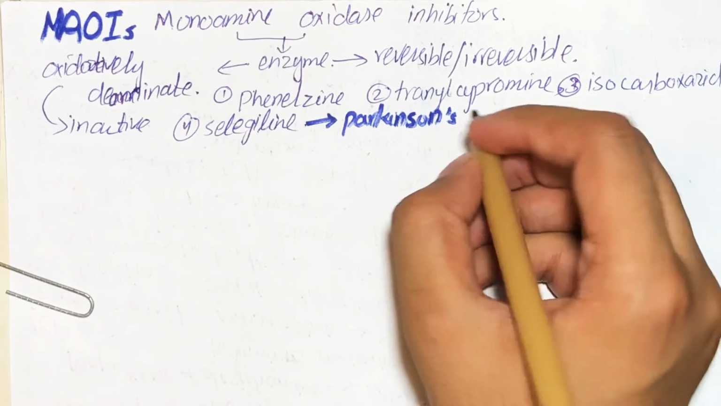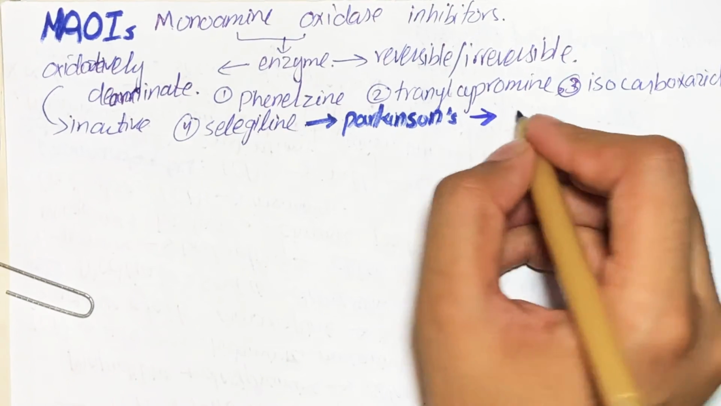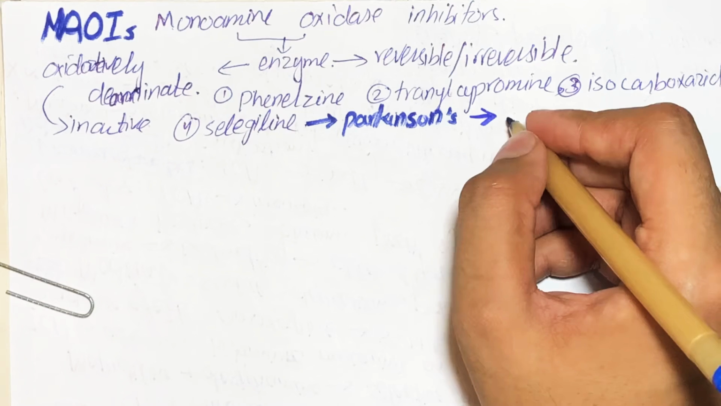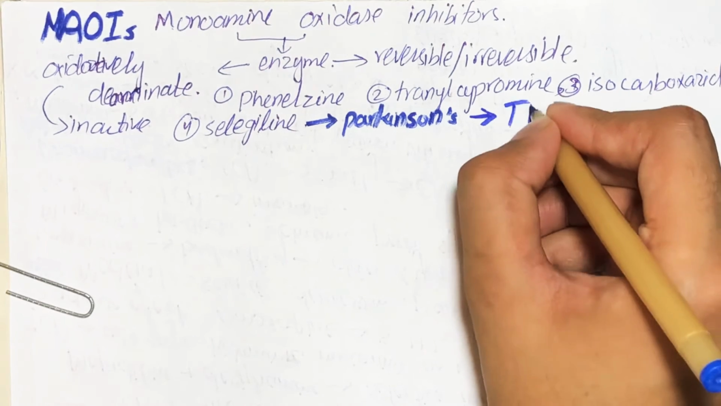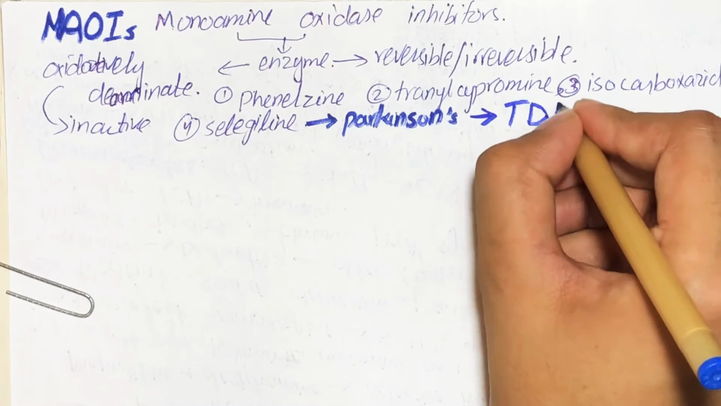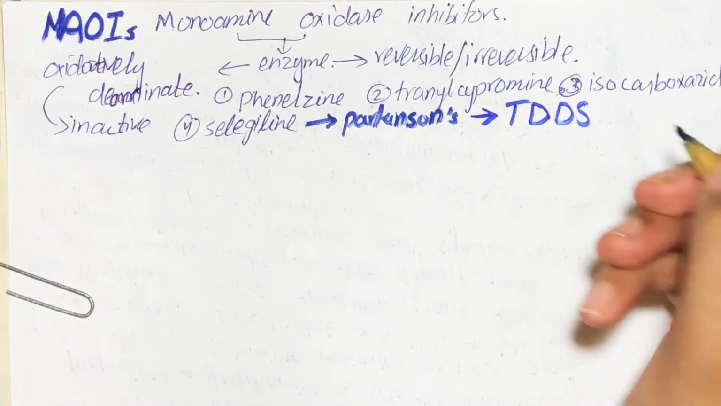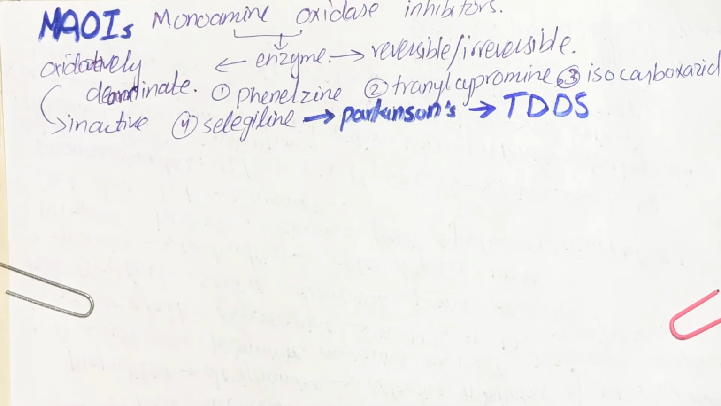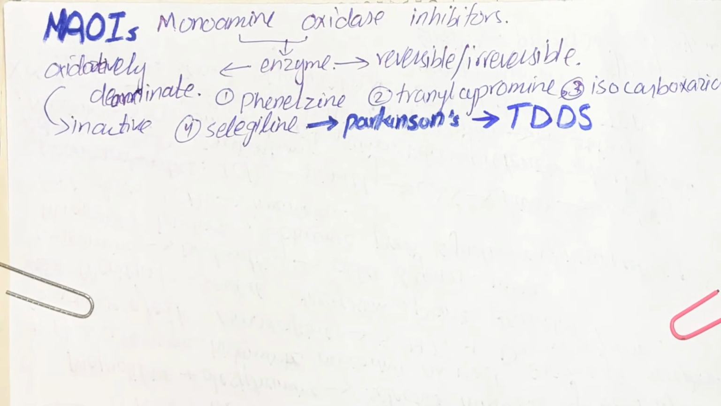Another important thing about selegiline is that this is the only antidepressant which is available in TDDS, that is transdermal drug delivery system. So it is the only antidepressant which is available in this form of drug delivery system. One thing about all of the agents which are included in this class is that